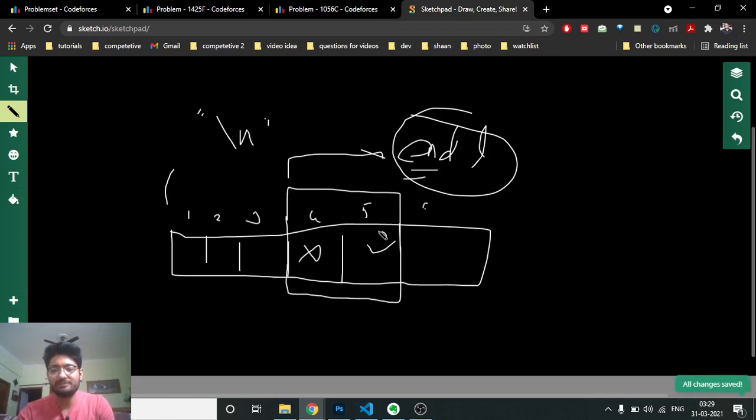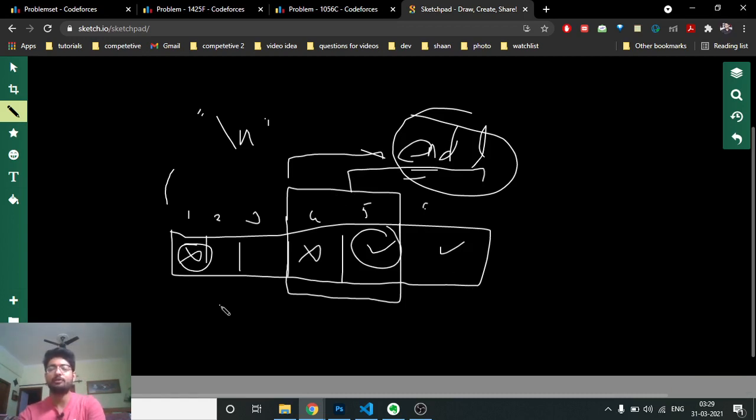If I know the value of this block, now I can put a query on these 2 blocks and find out the value of this. So if somehow I just find the value of one block, I can use that block value to find the next value and then the next value, because you can make a segment of size 2 also. I hope you get the point till now. So I just want to get the value of one block.